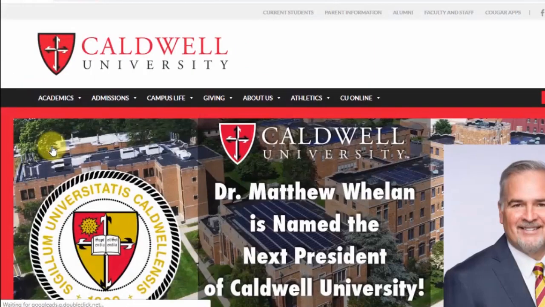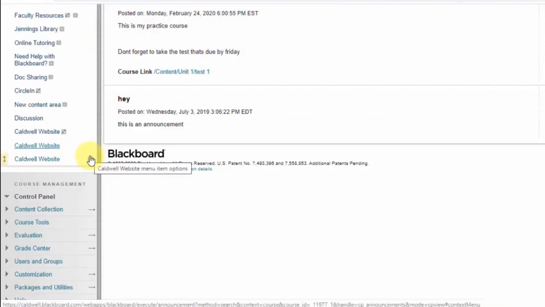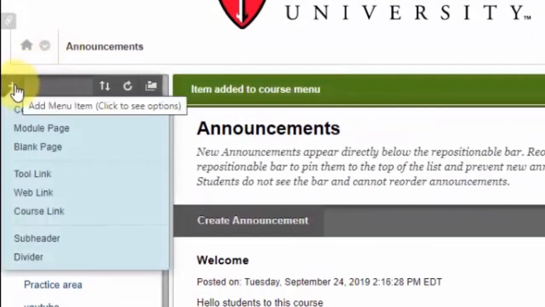Okay, you see when I clicked on it, it should open a new window like this. And that way it's easier for your students to access the website in the format that it should be in. Okay, and if we go back up here, I just want to show you one other thing, which is a